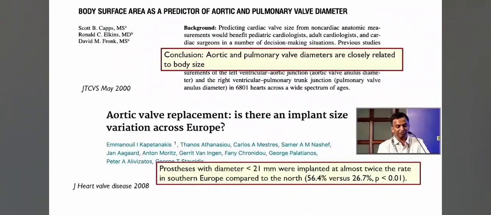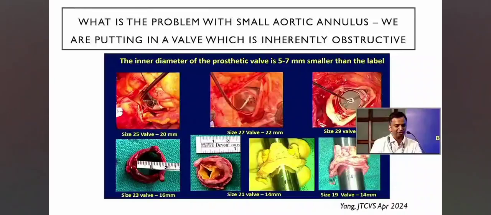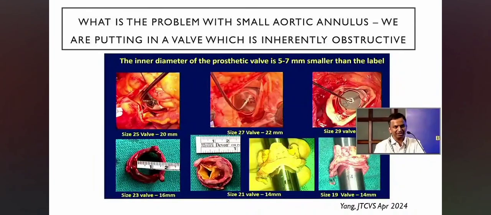Almost twice as common in Southern Europe compared to Northern Europe. So again, there is a definite relation to body size and the aortic valve implantation. So what is the problem with the small aortic annulus? Once we establish that the aortic annulus is small, we're going to put in a valve which is inherently obstructive